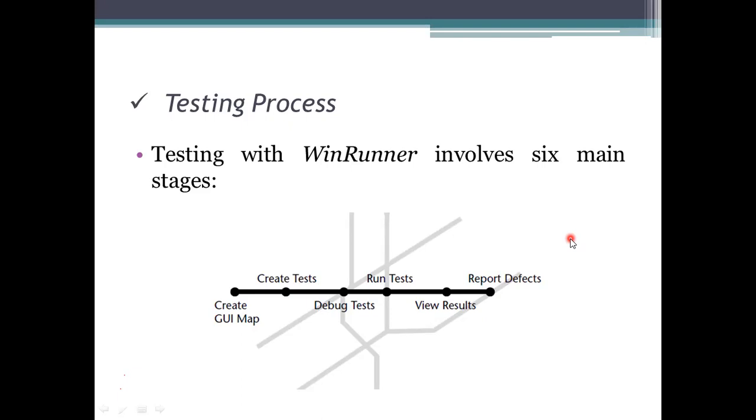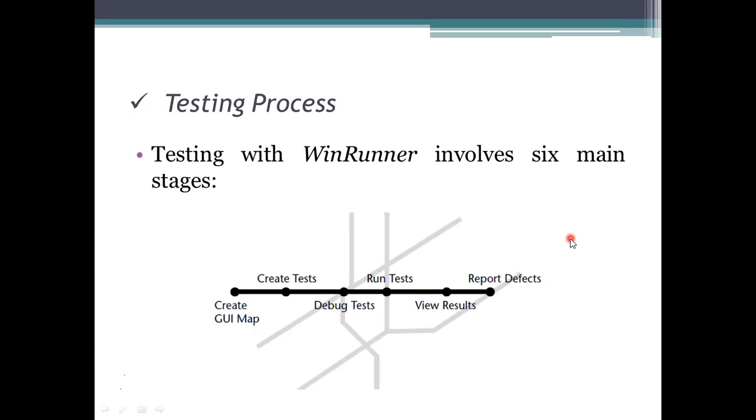If the tester wants to test in any way, it is allowed. So we provide a checkpoint, and we need to specify from where to where we perform the testing procedure.